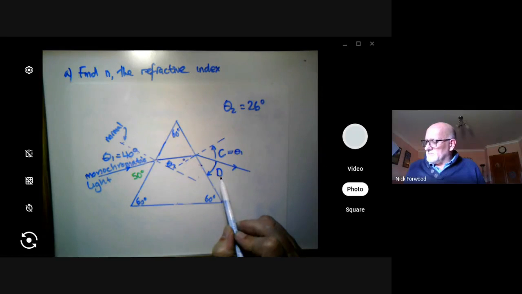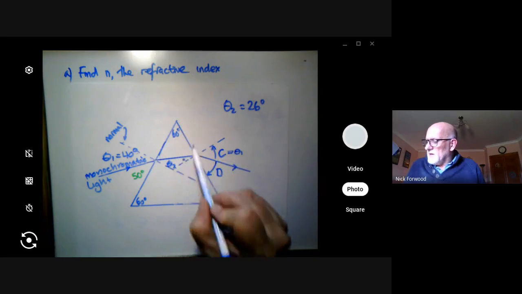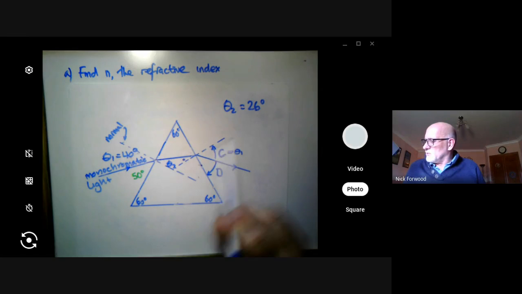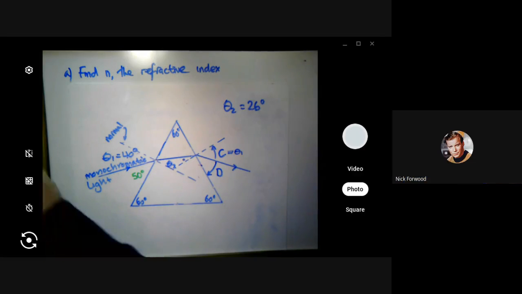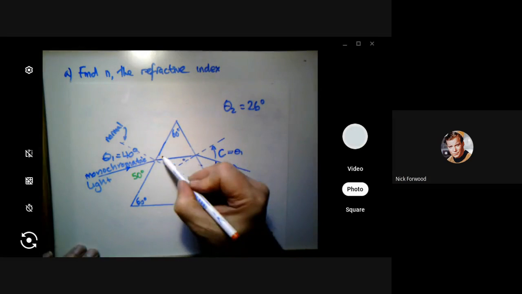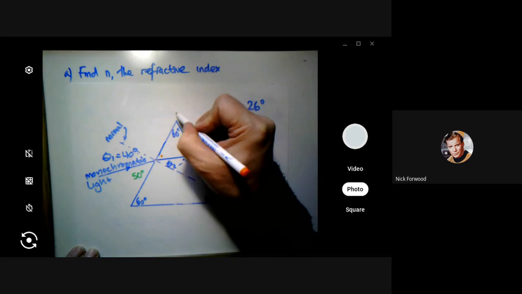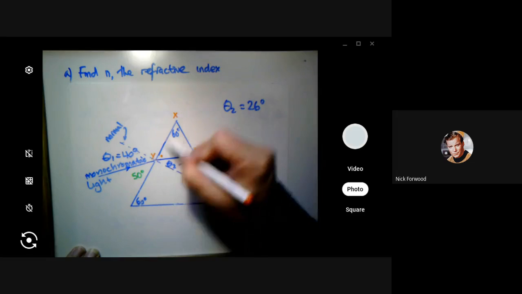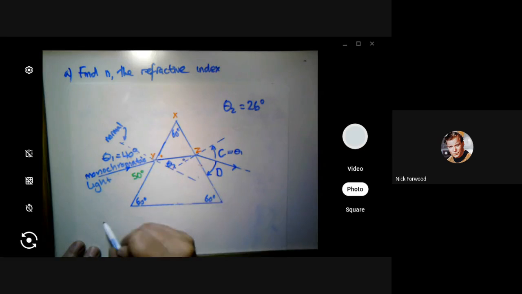Now to do that, I've got to somehow work around this triangle here. Okay. Now I know theta 2, because I'm told it's 26. So this theta 2 is 26. So if I'm clever, I can work out this angle. Because if theta 2 here, we'll call this triangle X, Y, Z, I've got a little triangle here, X, Y, Z. If theta 2 is 26, okay,